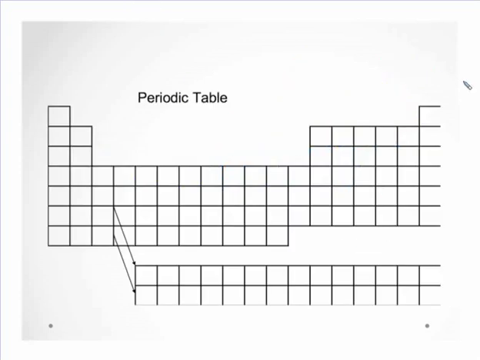This shows an outline of the periodic table. Some things that you need to know as we're going through this are some of the names of the groups and families. Families and groups, we call them both, go this direction. A group or a family is going to have similar chemical and physical properties. Just like siblings, especially twins, have very similar looks, and often very similar temperaments and ways of